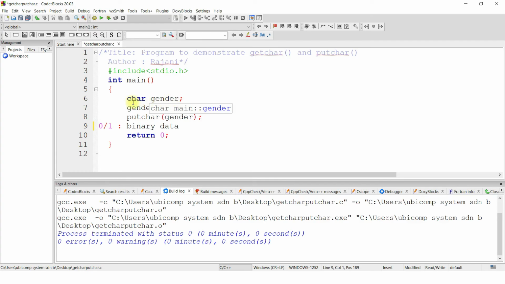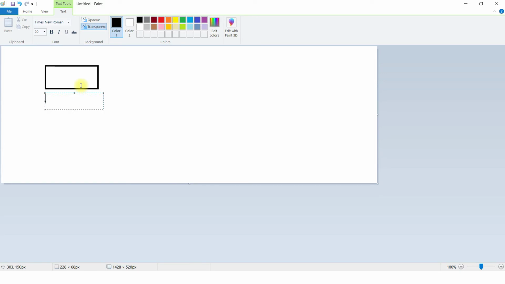So when we declare a character data item, it will happen like this. In the memory unit, it will occupy 1 byte in the memory. For that 1 byte, we are giving the name as gender. We cannot see the memory, right? In the memory unit, at which location exactly this 1 byte is created for this data item. So how will we store the data onto this 1 byte and how will we retrieve the data? With the help of the data item name.